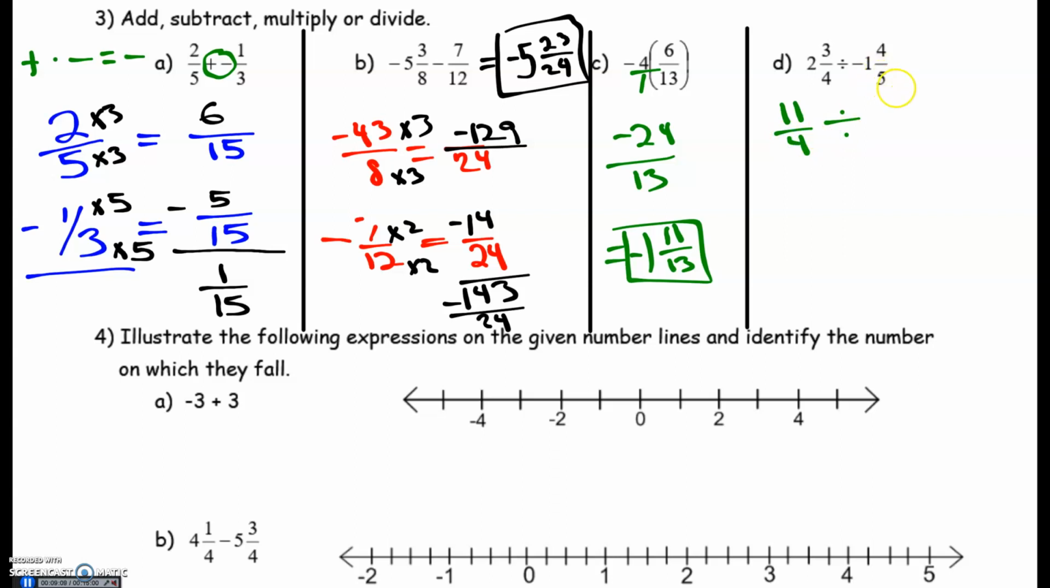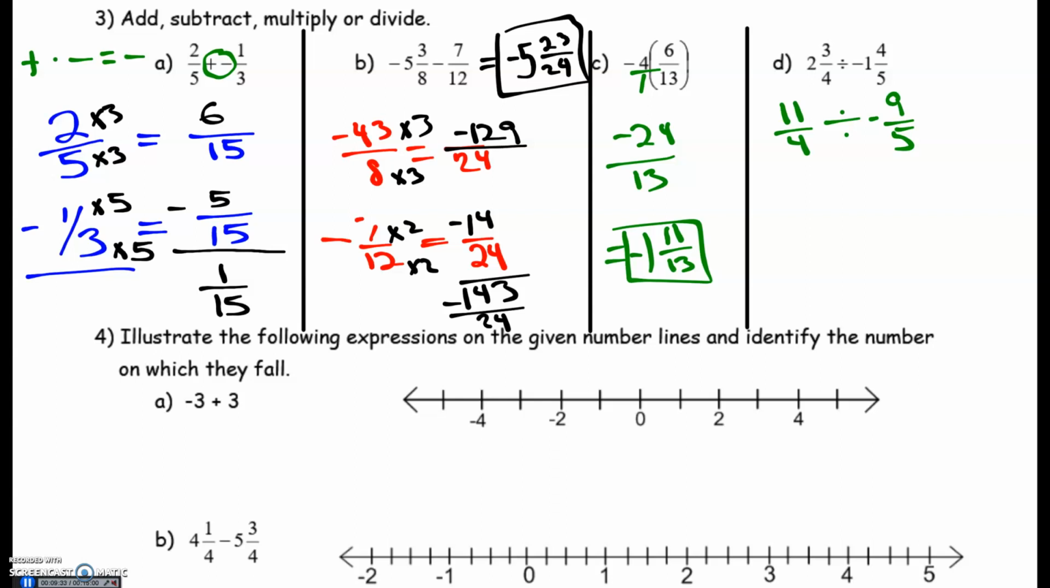1 times 5 is 5. 5 plus 4 gives us 9. Keep my denominator of 5, and there goes my negative sign. Now, anytime you're dividing fractions, it's the same thing as multiplying by the reciprocal. All right, don't get in the habit of always saying the keep, change, flip. Yes, it is a keep, change, flip, but mathematically, we refer to this as multiplying a number by its reciprocal